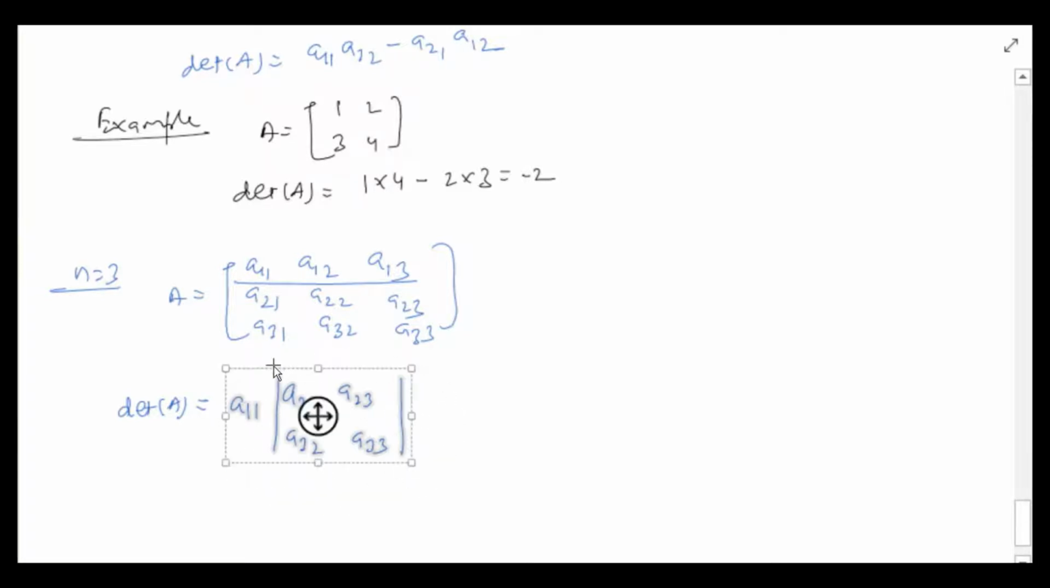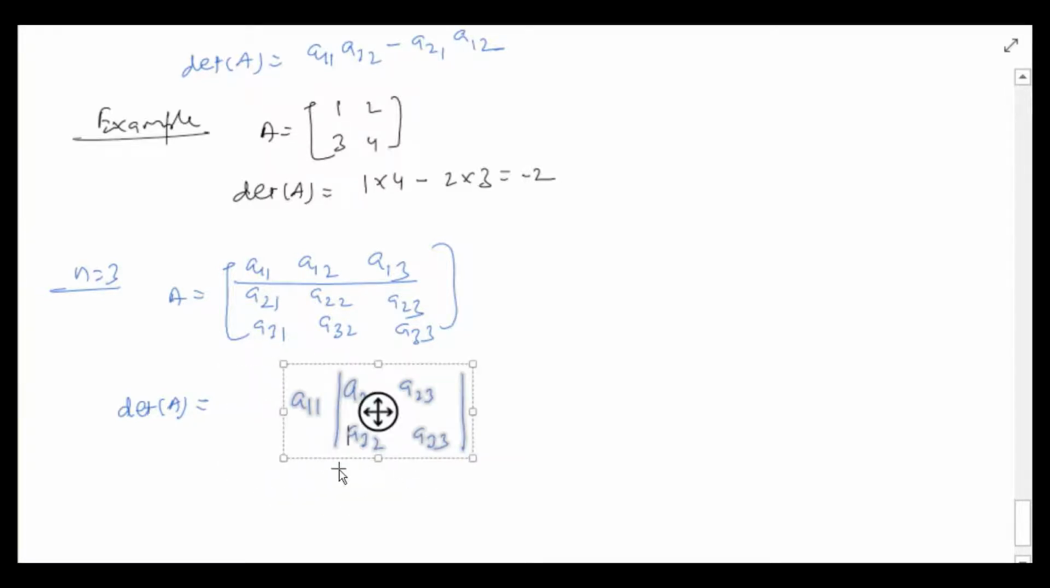So one thing that I missed to say, that the whole thing should be multiplied by minus 1 raised to the sum of indices of the element that I started with, that's A11. So I'll put here 1 plus 1. Now I'll move to the next element of the first row, that is A12. So now I'll have minus 1 raised to, now the sum of the indices is 1 plus 2,